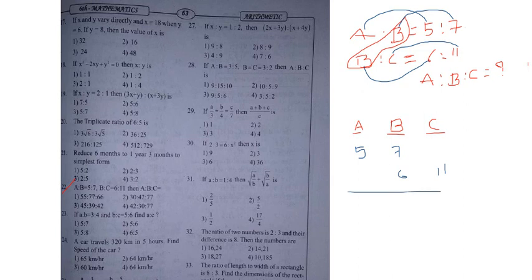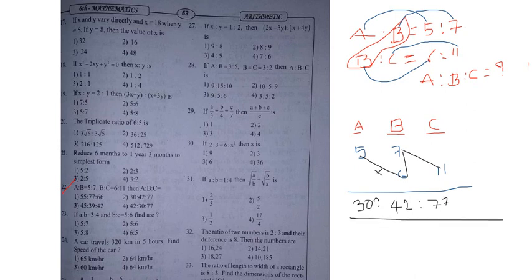Now after that, next job is yours. You just multiply these two numbers and write it here. 5 into 6, 30, write the symbol is to, okay. And next 6 into 7, 42, is to, next this 77. This is your answer: 30 is to 42 is to 77. Where is the option? 30 42 77. This is the option.